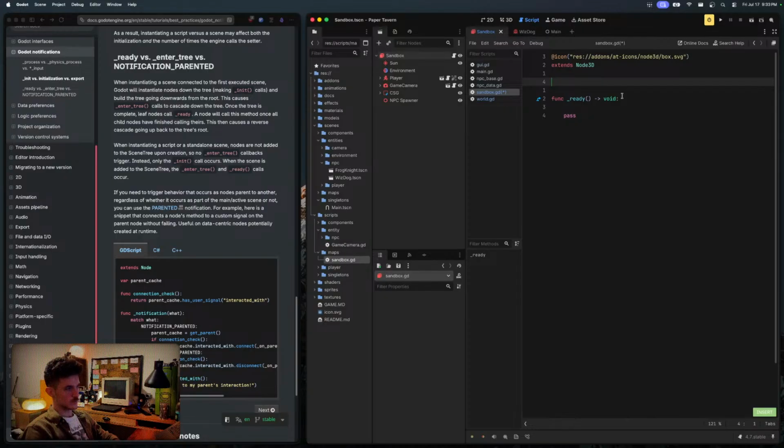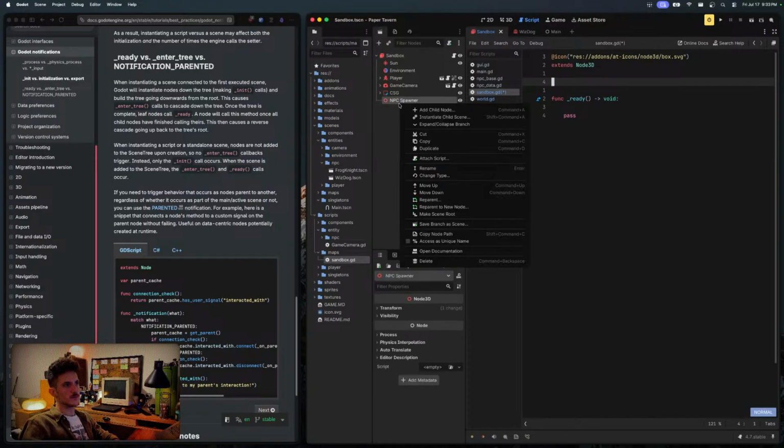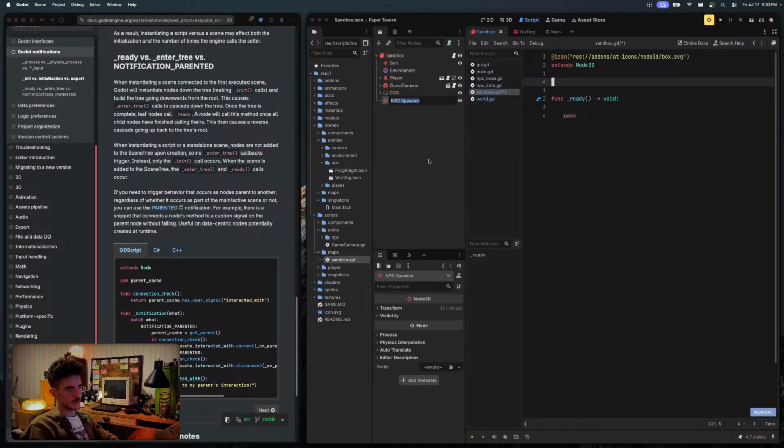Yeah, we're going to get it as a child. I think the child thing, yeah, you grab it like that. So what I'm going to do is rename this to NPC spawn. Boom. Okay. NPC spawn, and then I'm going to say const